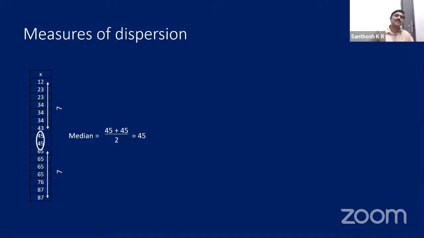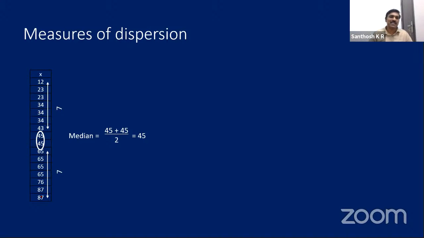Now, how far are the other scores from the median? This is what people used to think. People started thinking how far other values are from the median. So they again took the middle of the values above the median and below the median. I have written it in ascending order. The scores above the median are 65, 76, and 87. The scores below the median are 43, 34, 23, and 12. So these are the values.